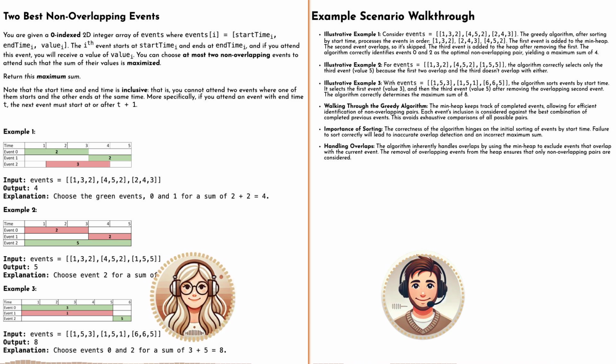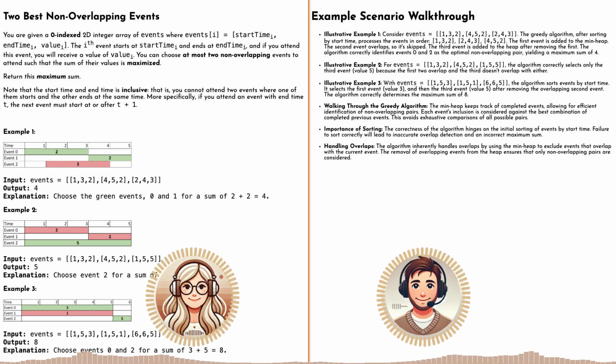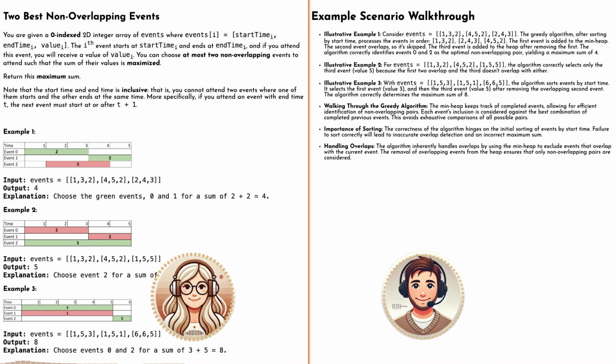Well, you'd check each event by itself first. Conference, hackathon, tournament. Then you try all the pairs. Conference and hackathon, conference and tournament? But the conference and the tournament overlap. Right, so that one's out. Then you'd check hackathon and tournament. Those don't overlap. And then you'd see that all 3 is impossible because of the overlaps. So the best solution is conference, then hackathon, with a total value of 8. You got it. So brute force works, but it's a lot of checking.